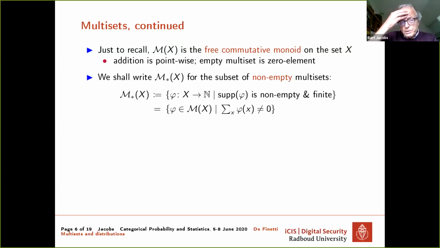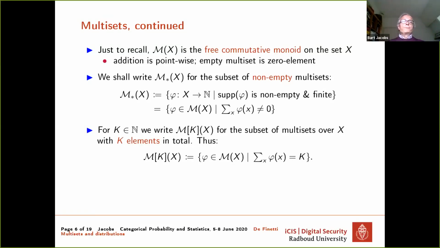I'll write M star of X for the subset of non-empty multisets. So the support is non-empty and finite, or if you like, the sum of the multiplicities is bigger than 0. And actually the non-empty multisets form a submonad, but that doesn't matter too much.